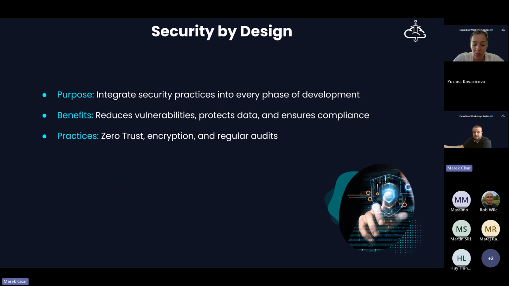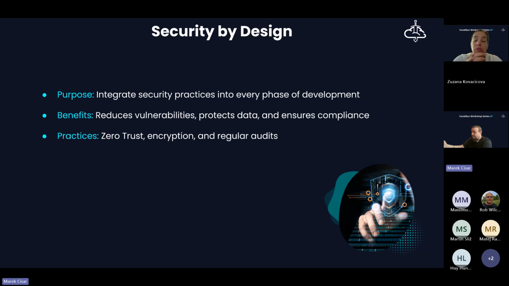So basically, security is not an afterthought; it is the foundation. And security by design means that integrating security practices is needed and is being performed in every phase of deployment and development of cloud native applications.